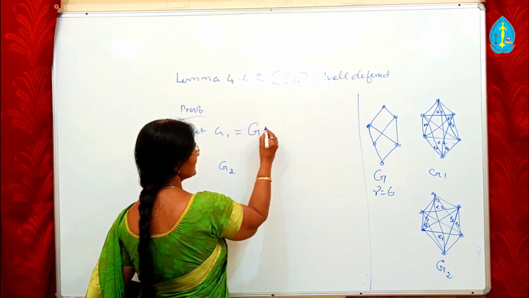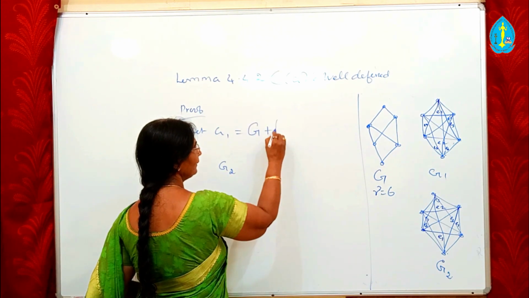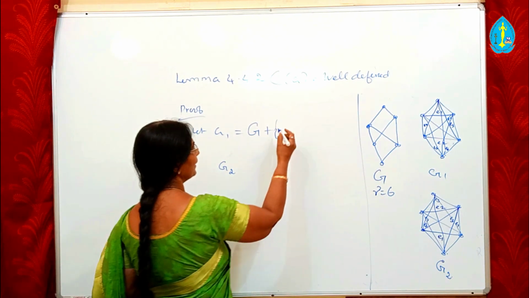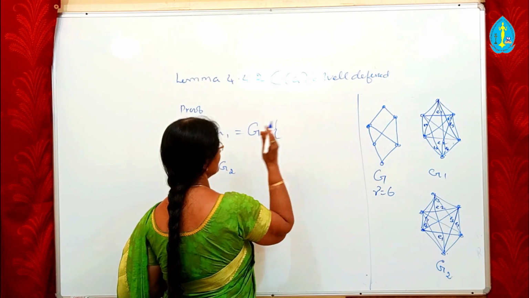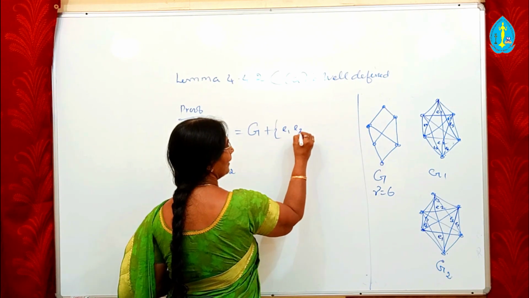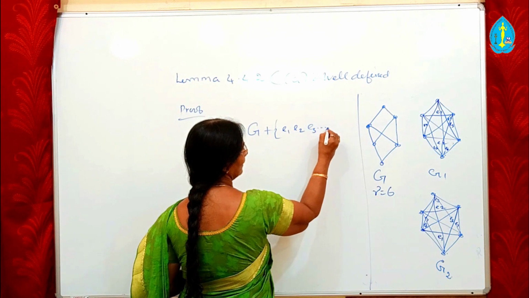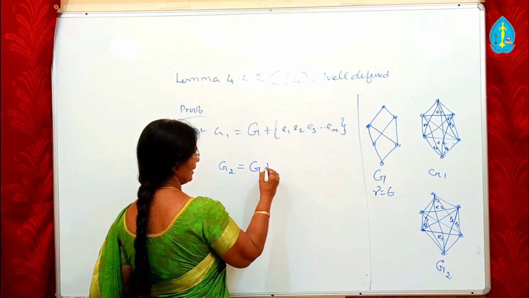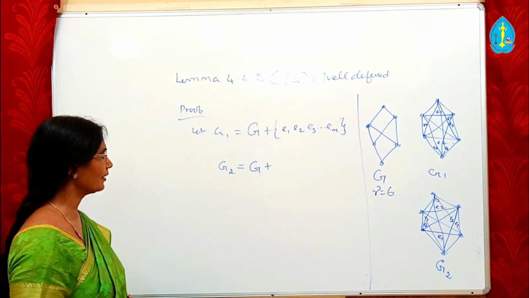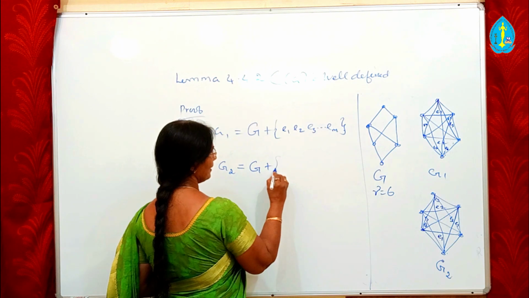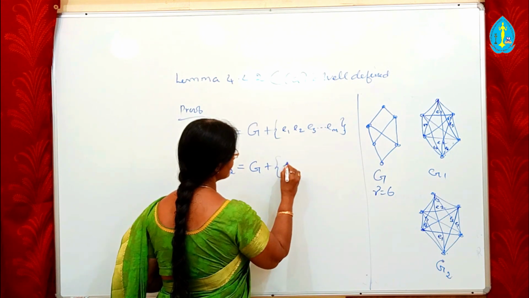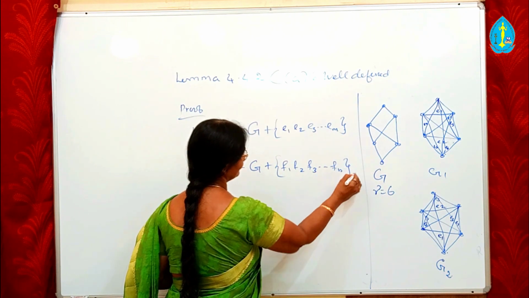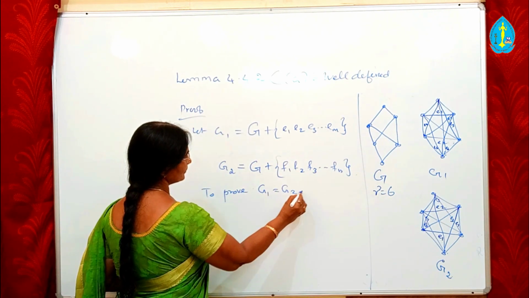That is, G1 is obtained from G by adding, or joining, non-adjacent vertices of G whose degree sum is at least gamma until no such pairs exist. G2 is also a closure of G obtained from G by recursively joining the edges F1, F2, F3, etc., Fn. To prove G1 equal to G2,